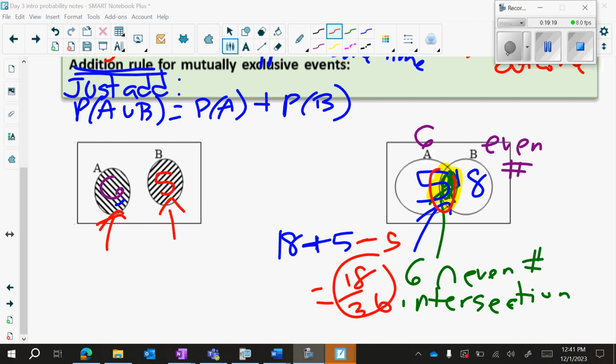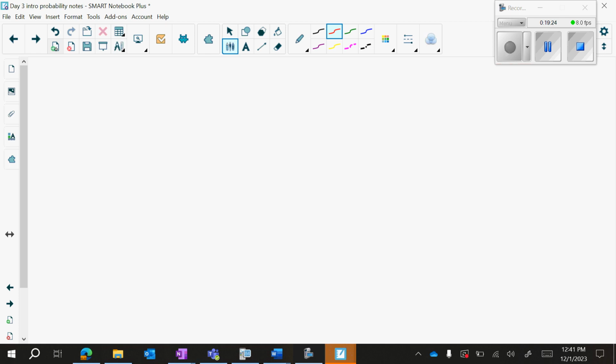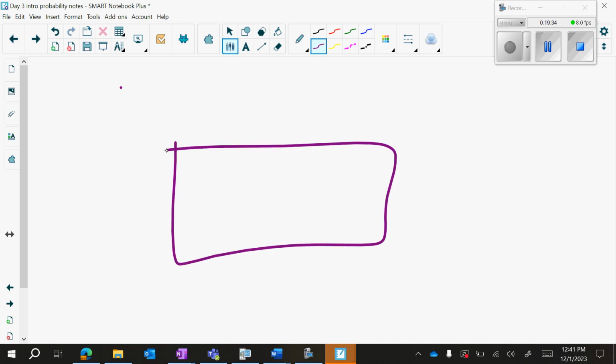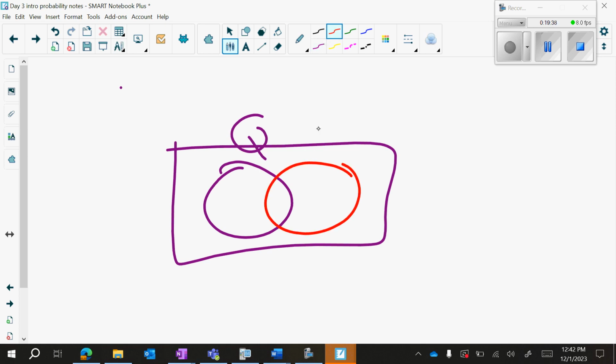Before we move on, I do want to do one more example with that. And that one, I'm just going to do a fresh start. This would be for the people who understand cards. So if you are doing cards, let's say we're going to do queens and red, okay? Can you be a queen and be red? And the answer is yes.